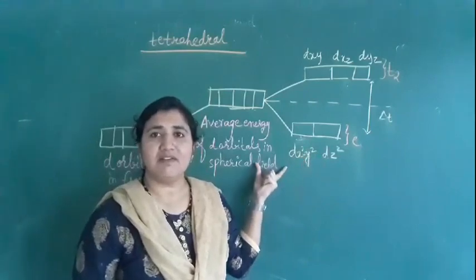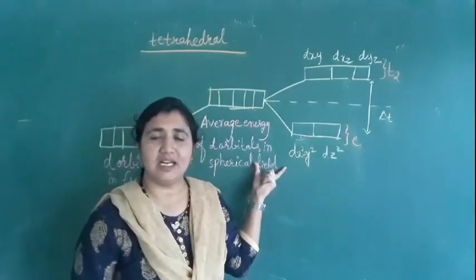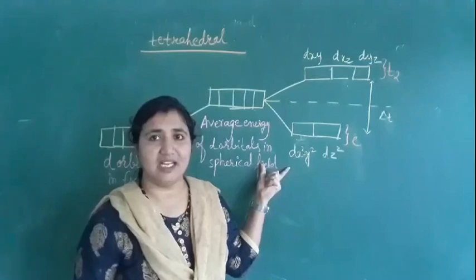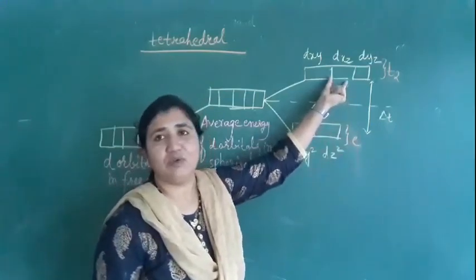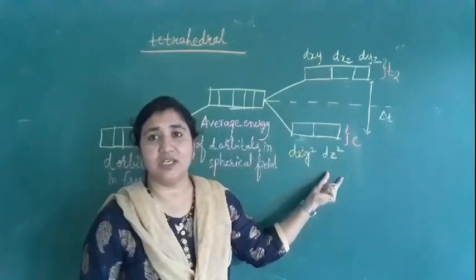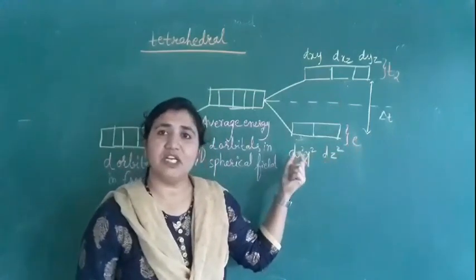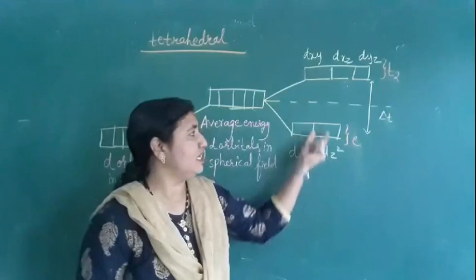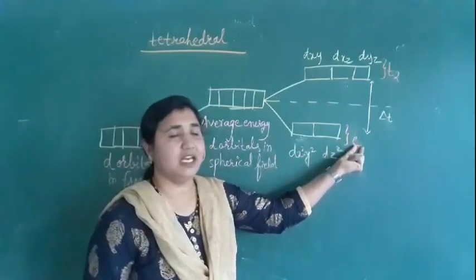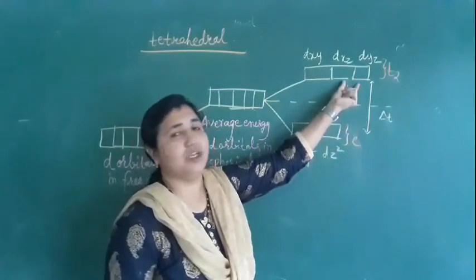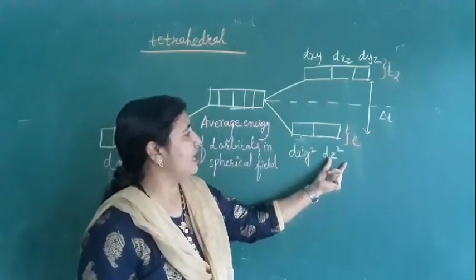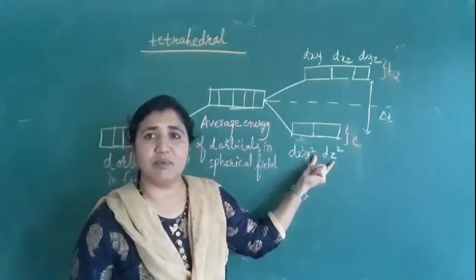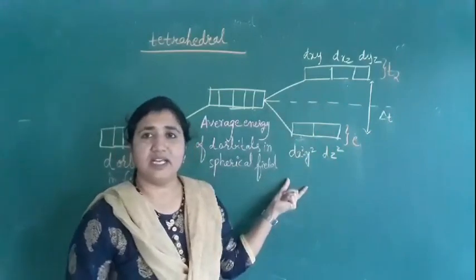So the energy level diagram for tetrahedral will be reverse of octahedral. So this is the E set and this is the T2 set. Here we will not use g. In that case we used T2g and Eg, but in tetrahedral we will use only E and T2. So we have two sets only, that is opposite to the octahedral case.